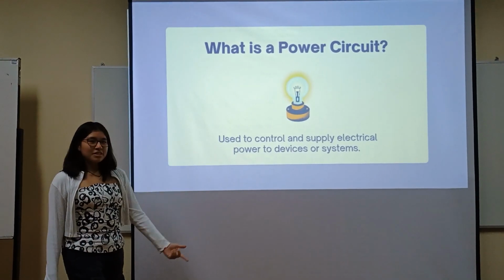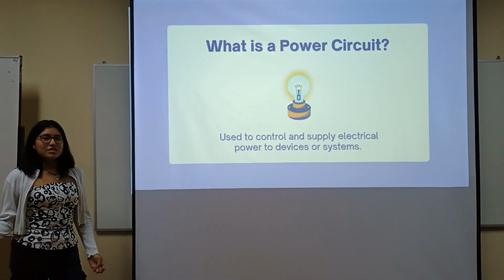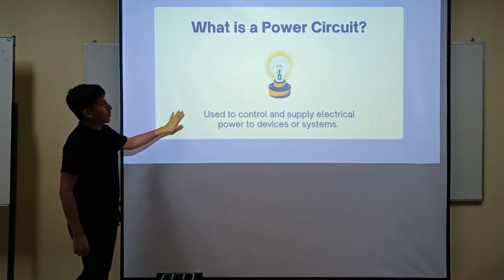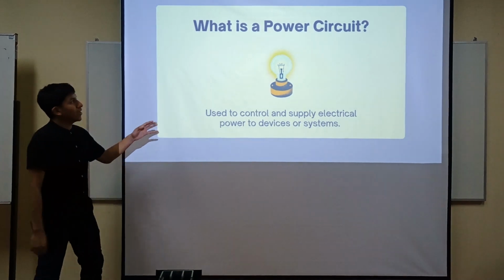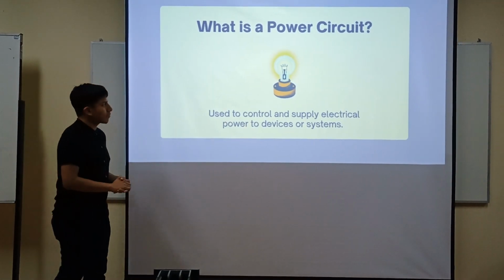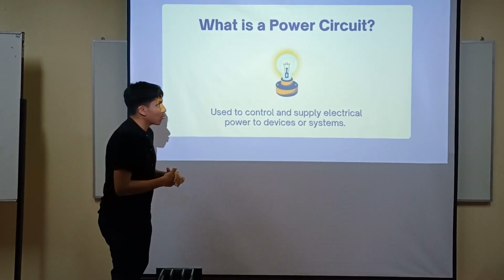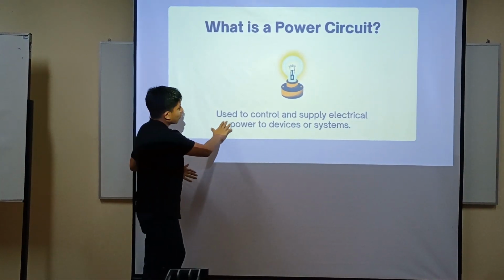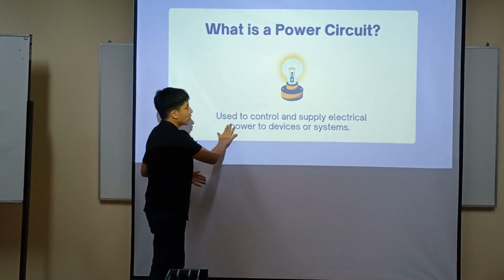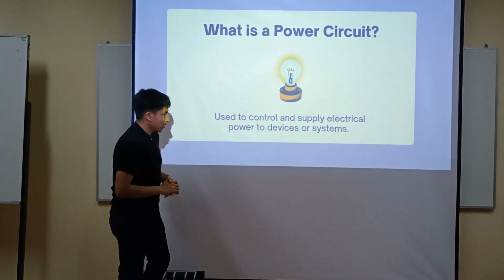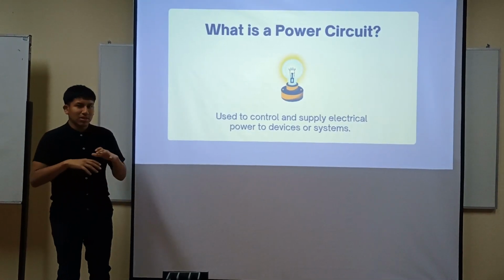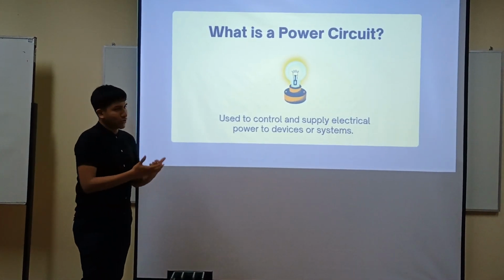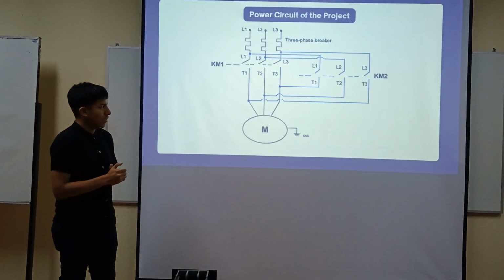The power circuit, my classmate Fabricio is going to continue with this second circuit. Okay, so to continue with the speech, now I'm going to explain the power circuit of the system. First we have to describe what this is. We can read: the power circuit is used to control and supply electrical power to devices or systems. But this is a general description of this type of circuit. Talking about our circuit,